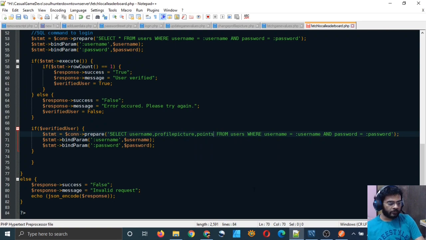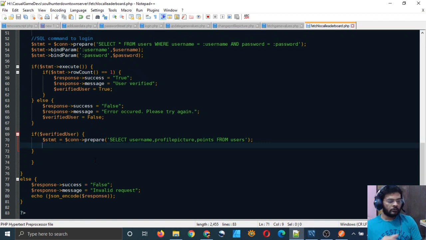These three columns from all the users. We'll fetch these three from all the users, right? And then we will store it in an array.